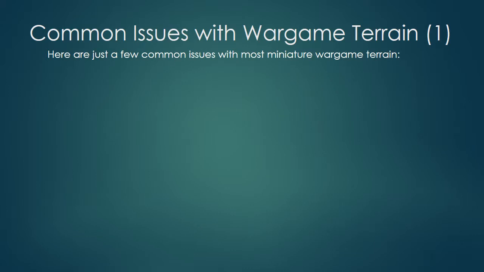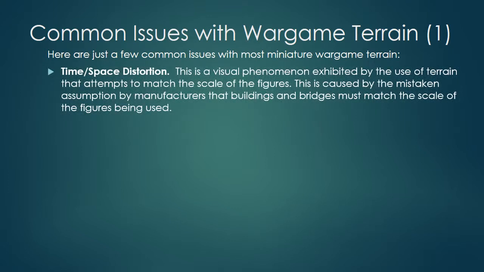Common issues with wargame terrain, page 1. Here are just a few common issues with most miniature wargame terrain. Time-space distortion. This is a visual phenomenon exhibited by the use of terrain that attempts to match the scale of the figures. This is caused by the mistaken assumption by manufacturers that buildings and bridges must match the scale of